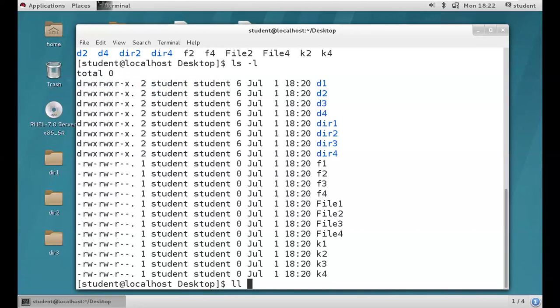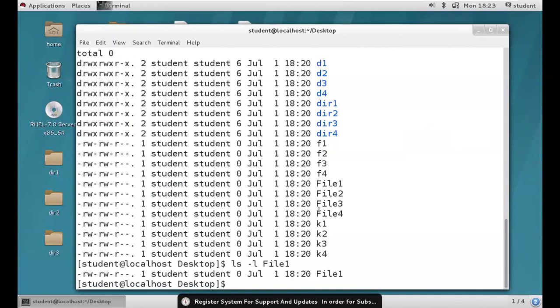Or otherwise, if you want, you can use ll also. Both are the same. ls hyphen l and ll, both are the same, long list. Now, if you need to find a particular file's property, ls hyphen l space, you should provide the file name, for example file1.